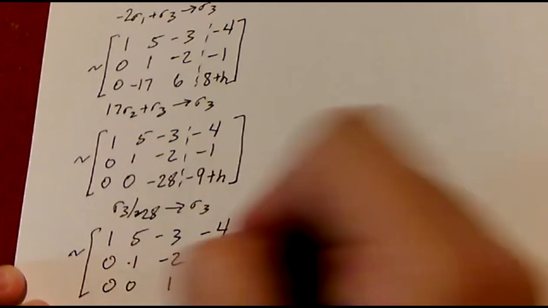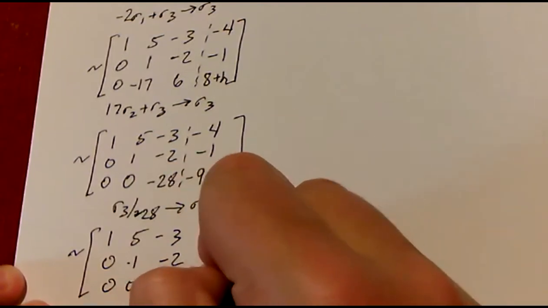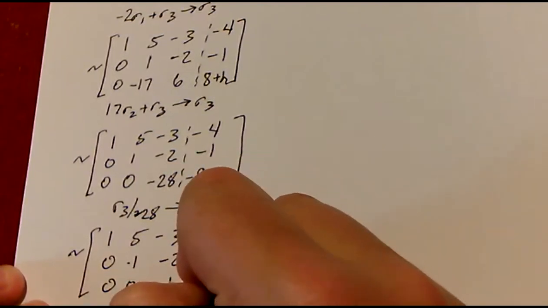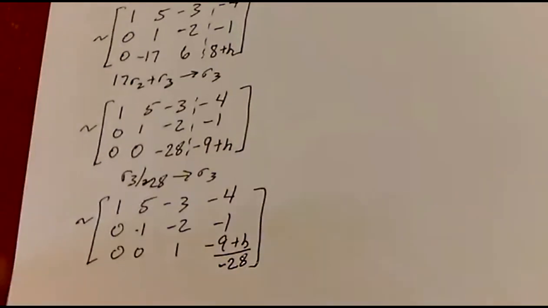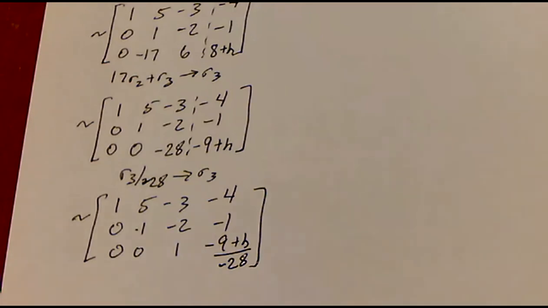Now living with 1 there, and then this will be -9 plus h over -28. It looks ugly, but it's really not that bad because we can make some observations. We have a triangular matrix, which means I have a triangular system. When I have a triangular system, right, I can make an observation